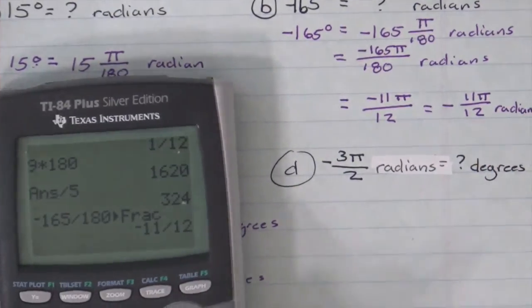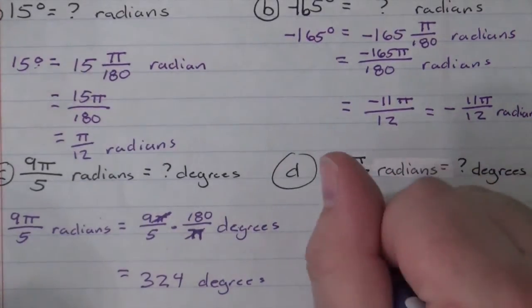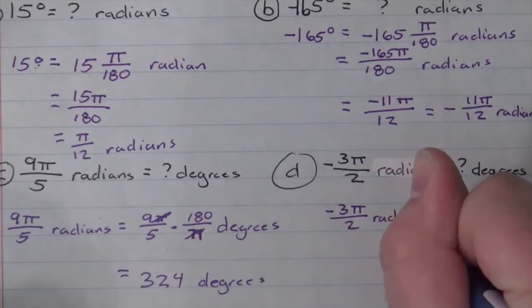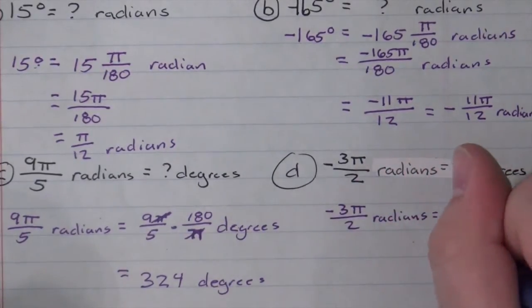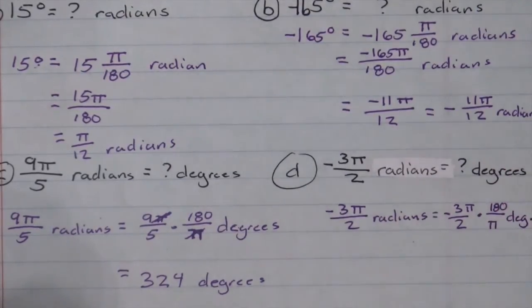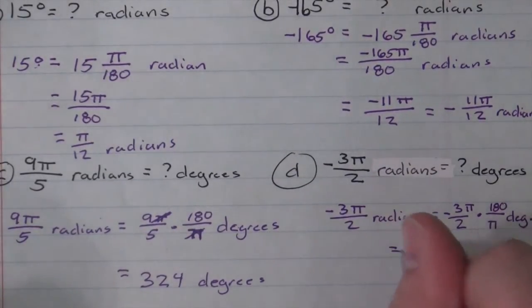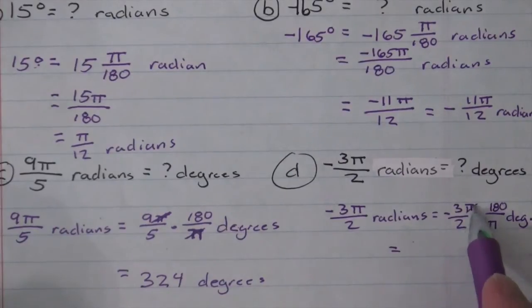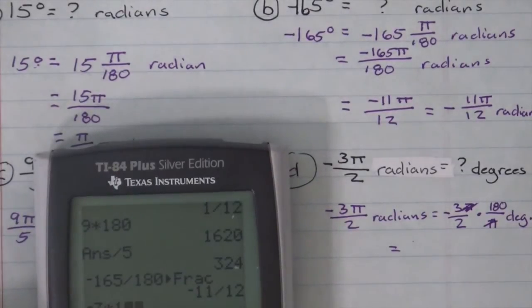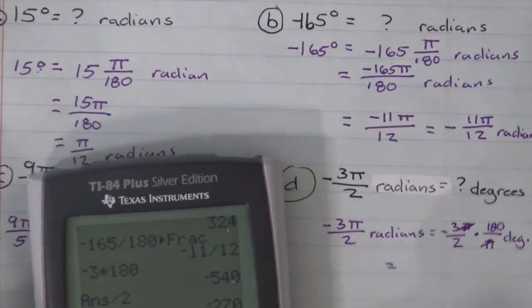Okay, now let's try the next one. I have negative 3 pi over 2 radians is equal to negative 3 pi over 2 times 180 over pi degrees. I'm running out of room, so I'm going to just put DEG. When I do, the pi's cancel out, and we say negative 3 times 180 divided by 2 gives me